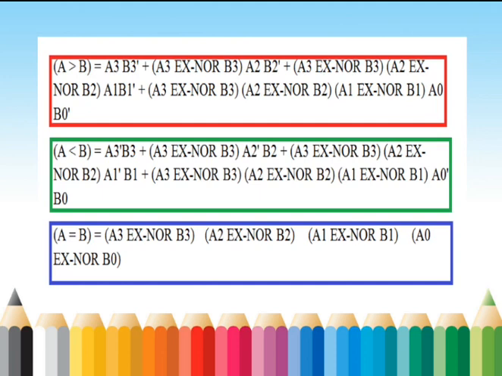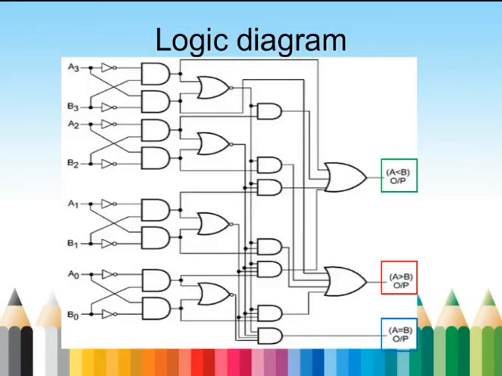So with the help of these logical expressions, we may implement this in a logic diagram. It is somewhat complicated. First we check the condition A is greater than B, which is encircled by a red color boundary. We should check for the condition A B prime. Wherever A B prime is attained, like the A3 B3 bits, A2 B2 bits, A1 B1 bits and A0 B0 bits, finally they are ORed with each other. We have an output for A greater than B.